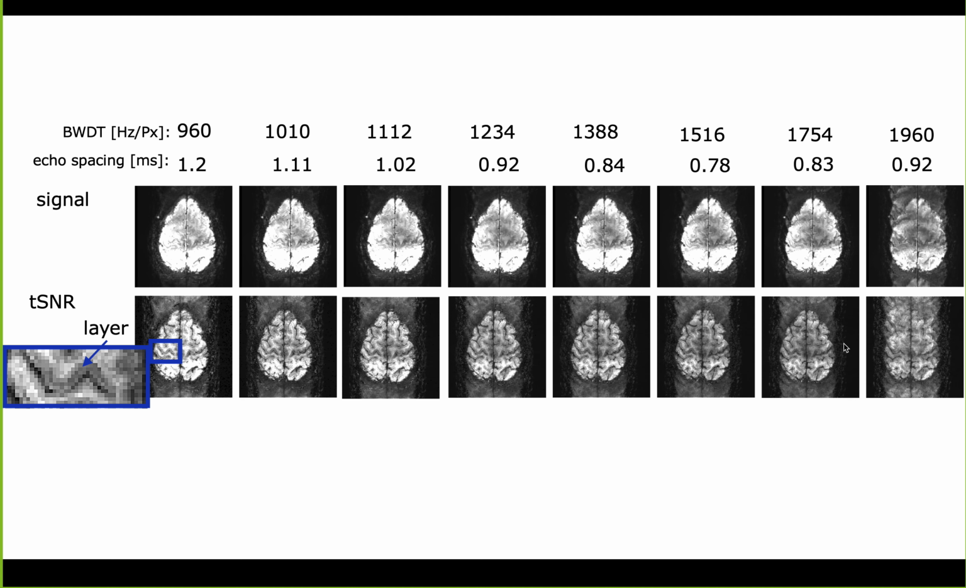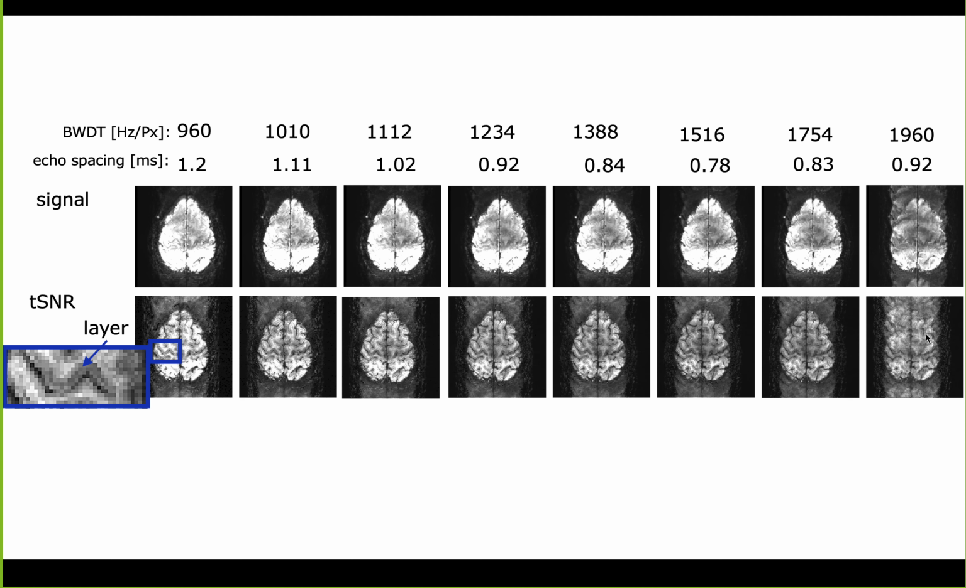And as we go further and further to the right, you see that the artifact level also increases quite a bit. So if we have here echo spacings in the range of 0.9 milliseconds, which is very close to the acoustic resonances, you can see that the ghosts make the data almost unusable. However, it's not only the